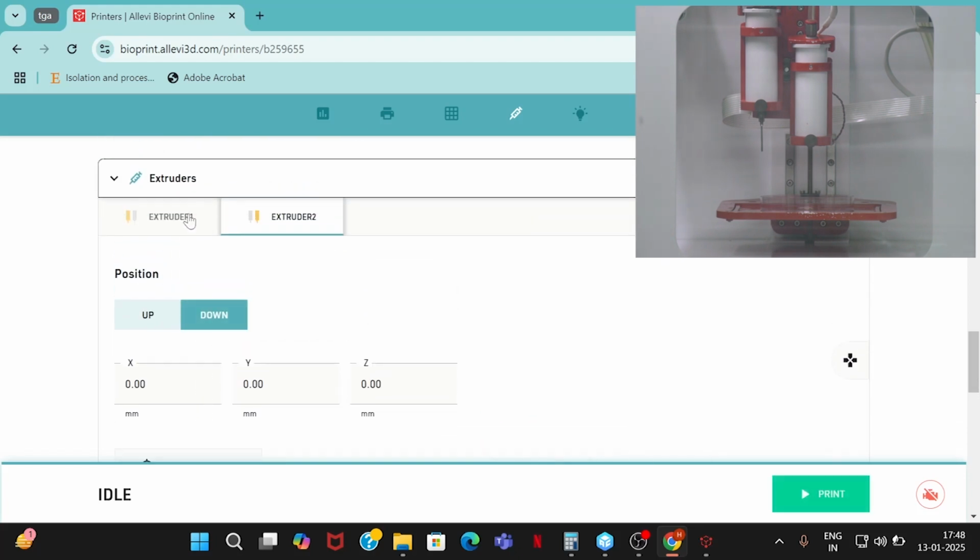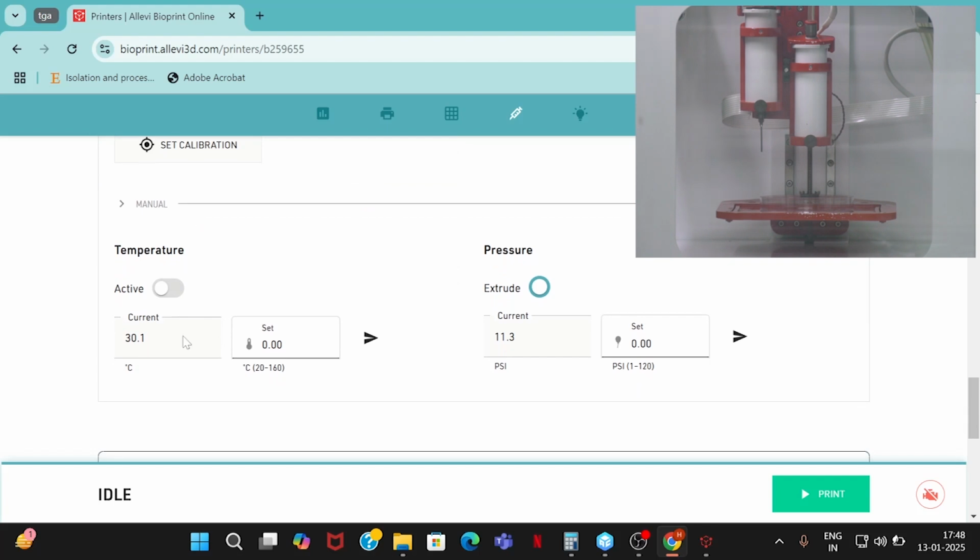Next, we need to set the parameters for extruder 1, such as temperature and pressure, which should be adjusted according to the biopolymer we are using.